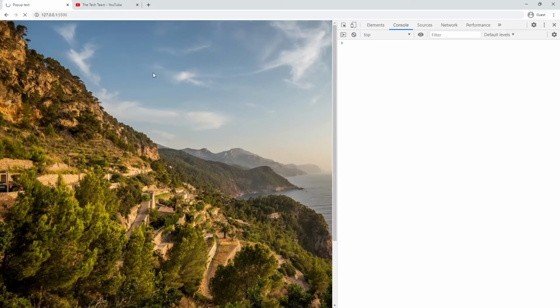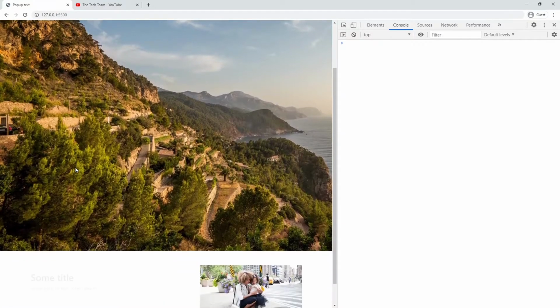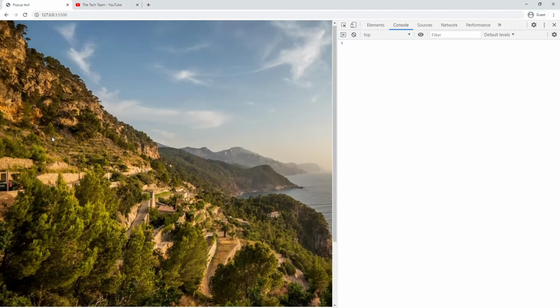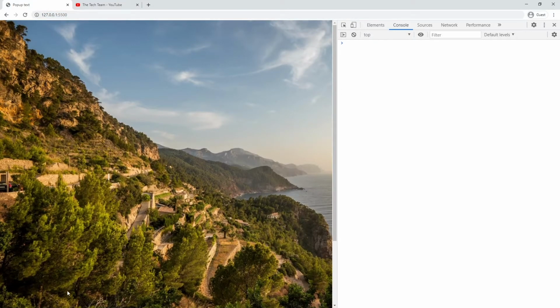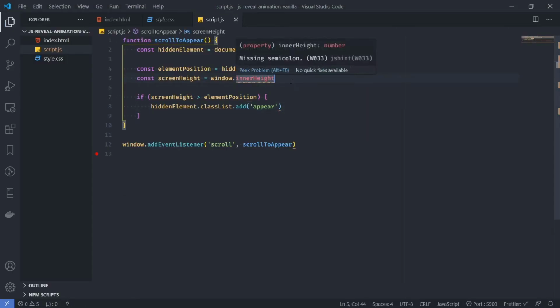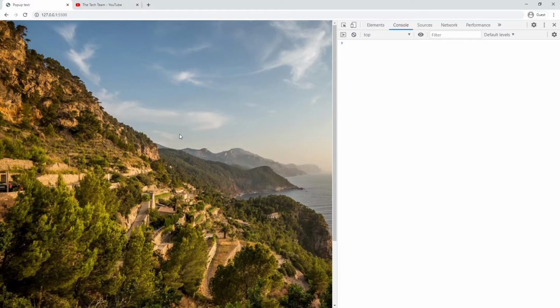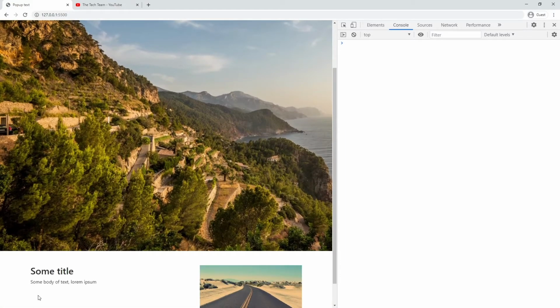So if I scroll to the very top, reload the window, scroll down, and as you can see, it did actually reveal then. It happens really quick, as soon as those pixels knock over. So right there. Now the problem with that is it'll lose the effect. So we can divide this height. If I say divide by 1.1, save that, come back over here and reload, we'll get about 10% into